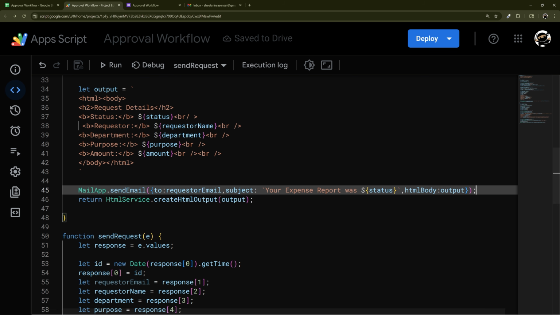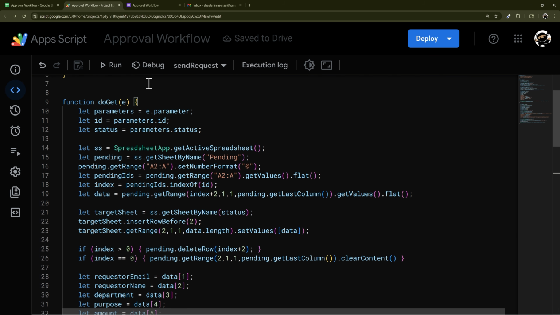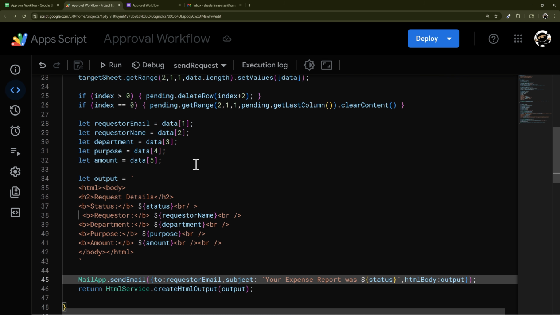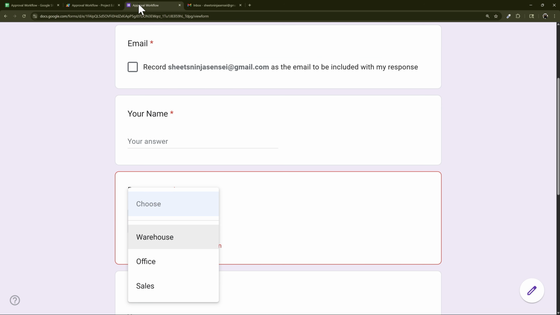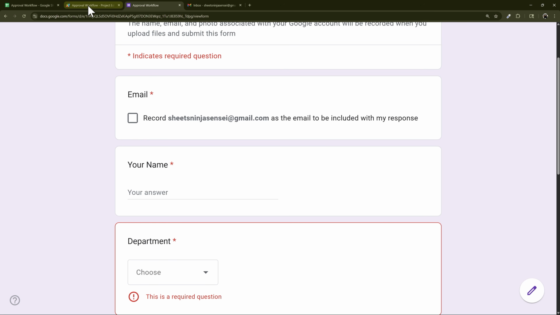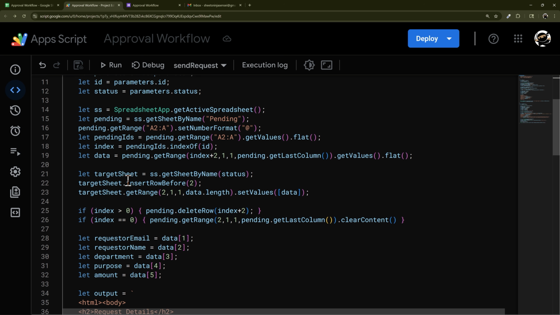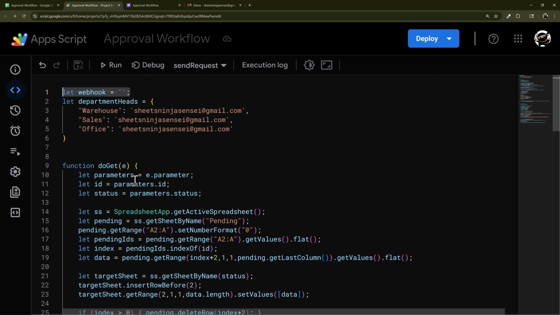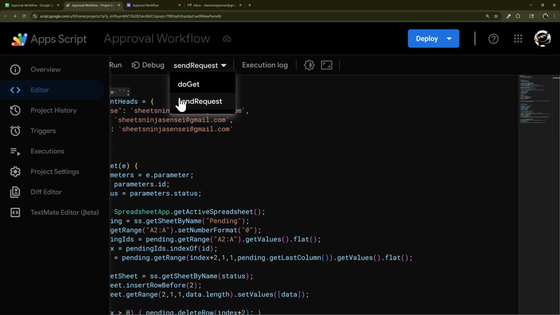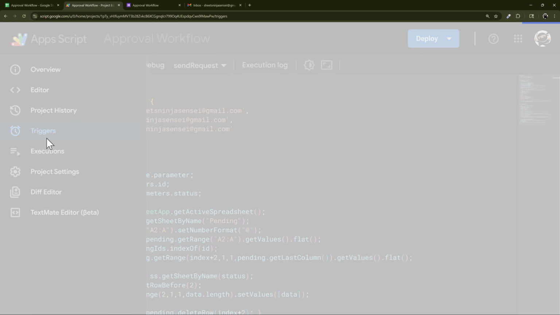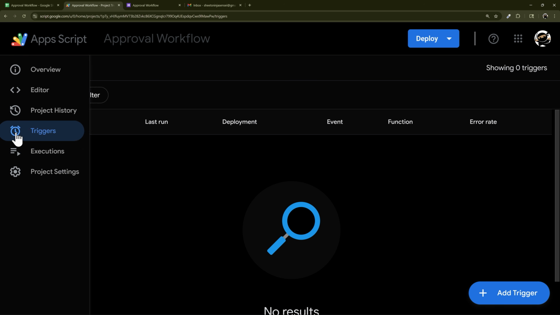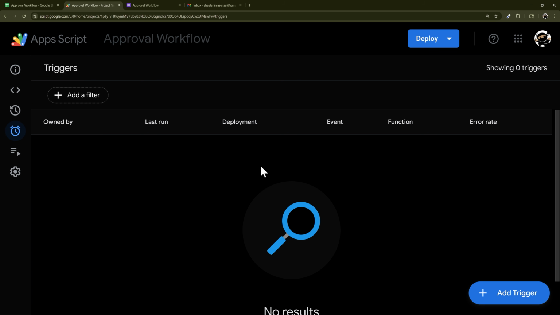All right, so we should be pretty much done now. So we need a couple things here. We need our webhook URL, and then with this Google form, currently we're just assuming it's going to run, but we actually haven't added a trigger. So first of all, let's go ahead and just authorize the script. And so I'm going to do that from the triggers menu instead of here, because it's going to ask me for all the permissions. So go to the trigger here, which is this kind of clock or alarm clock icon,